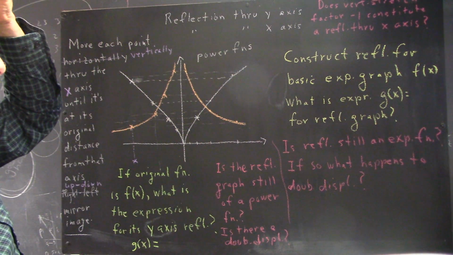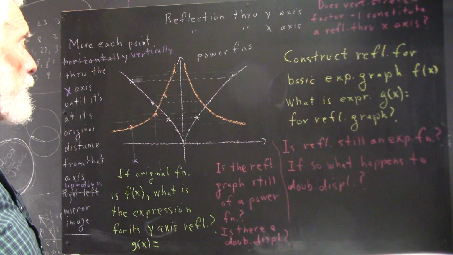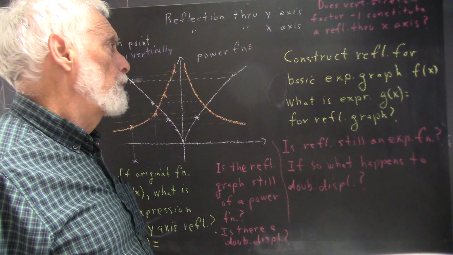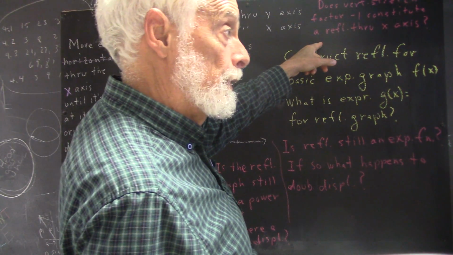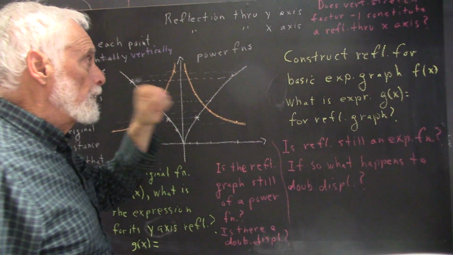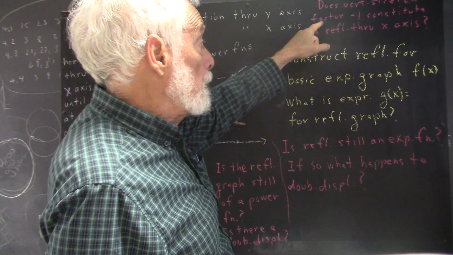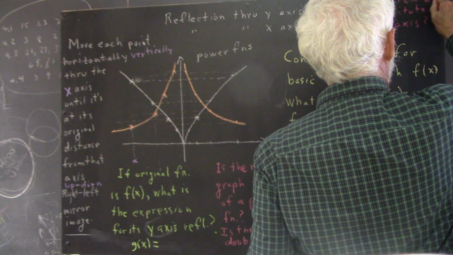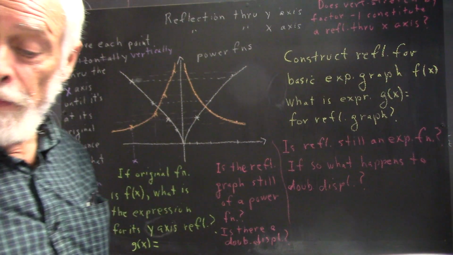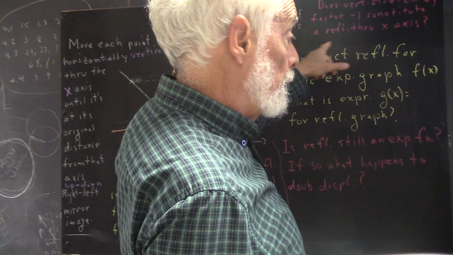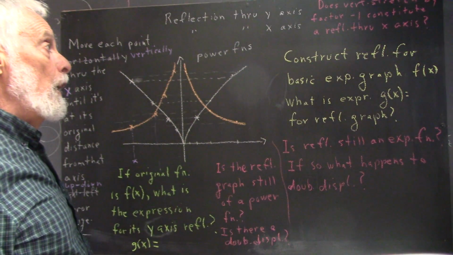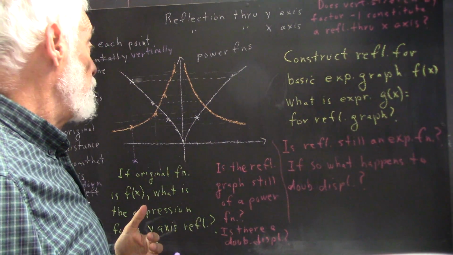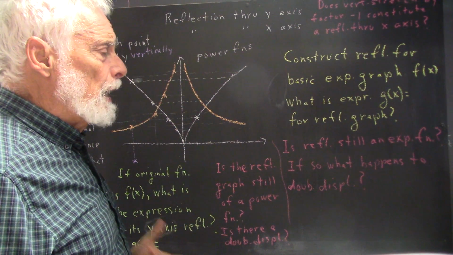Now, the main question I want to ask right now is, do we really need reflection through the x-axis? And we actually don't, if the answer to this question is yes. The question is, does a vertical stretch by factor -1 constitute a reflection through the x-axis? Now remember, a vertical stretch is generally defined, when I defined it, as what happens